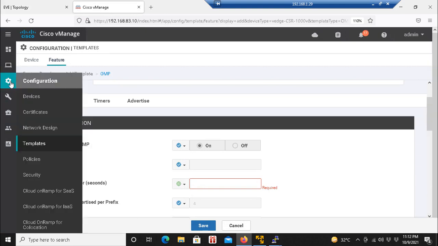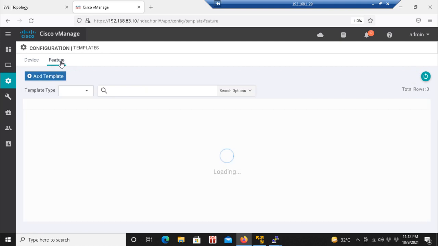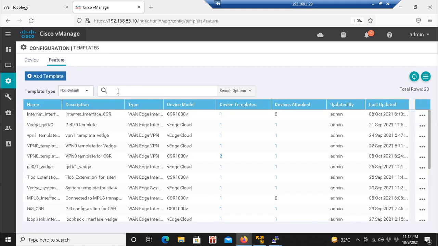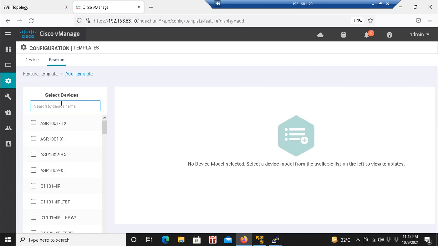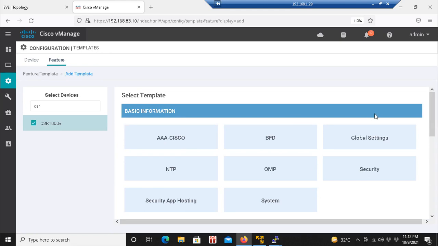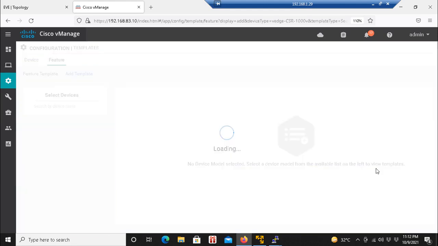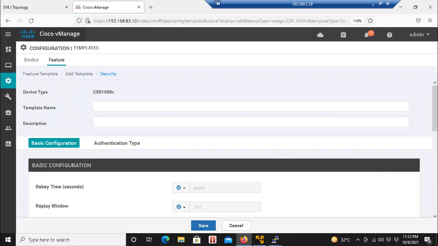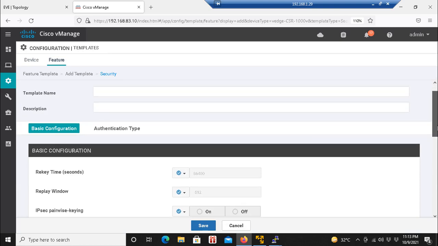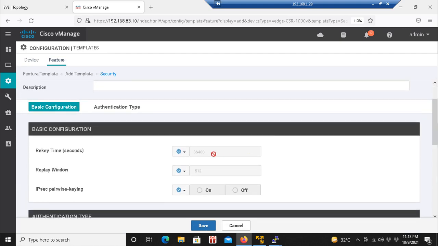If I go to the templates, and to the security template, this is the rekey timer. By default the rekey timer is 24 hours, and you can configure it from 10 seconds to 14 days.